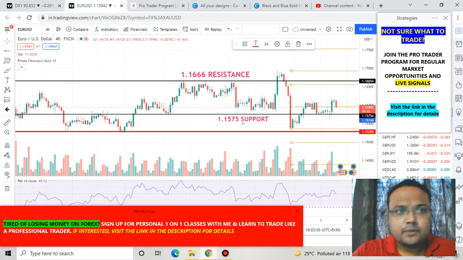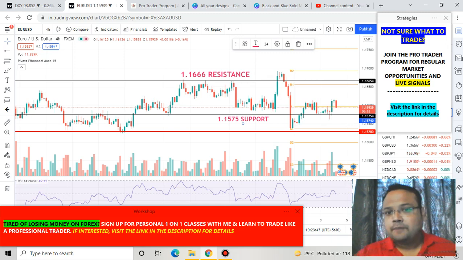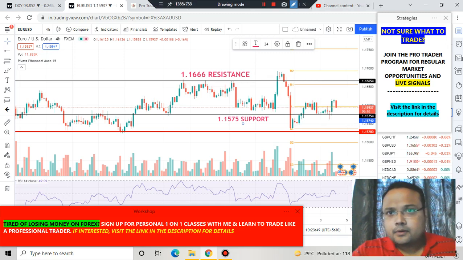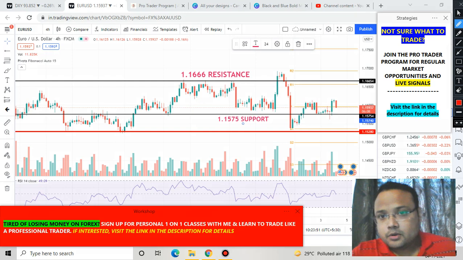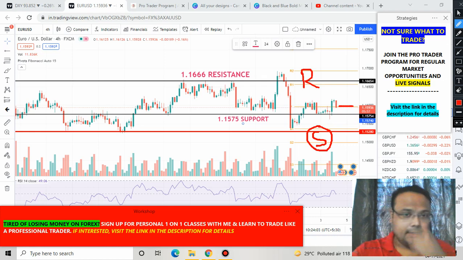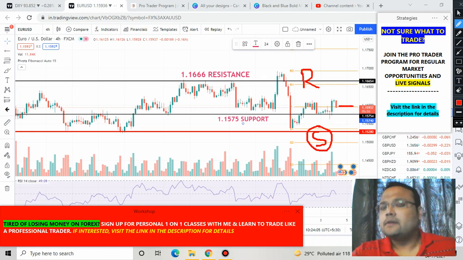So let's get back to the chart of Euro USD. First of all, we can see that the market is still trading in a range here. The most reliable resistance in this market is this level, and the most reliable support is also here. But right now the market is trading in the middle, and we do have a minor support. I will not consider this a very strong support, but yes, we do have a minor support at